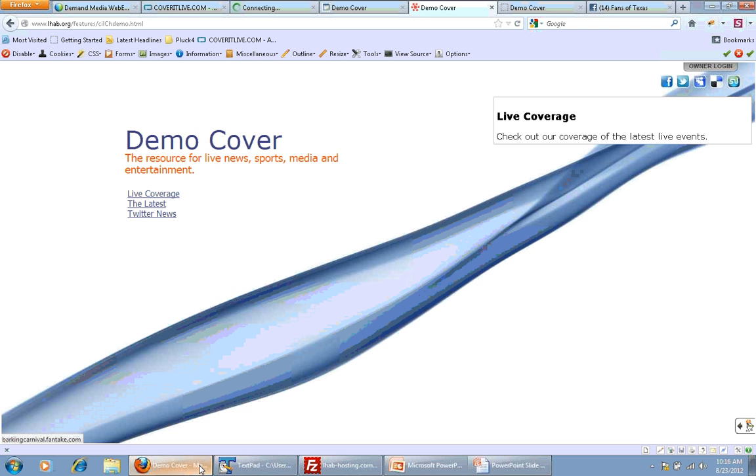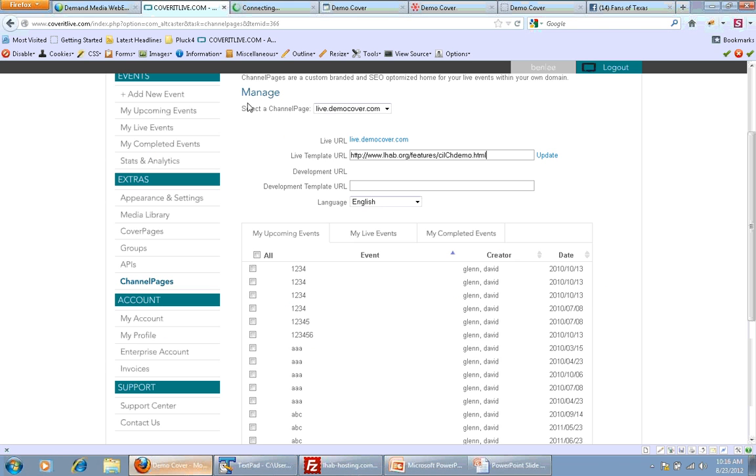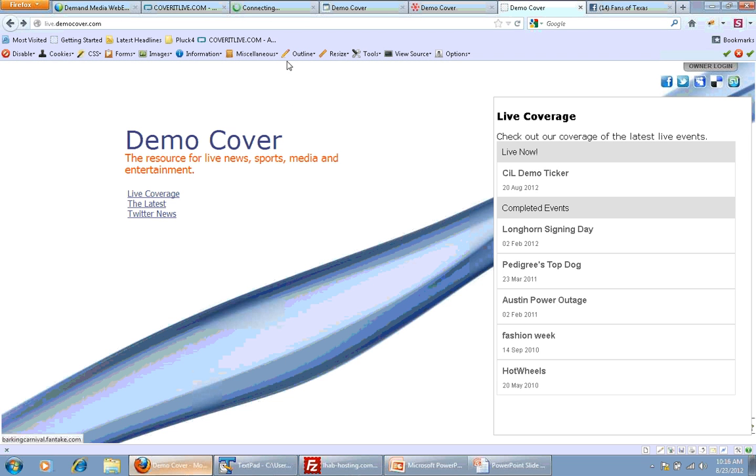Now I'm going to tell CoveritLive where that template lives, and this is the URL location for that. We'll automatically crawl and update that template periodically, or you can come to the system at any time and tell us and force the system to go update it right away. And then once I do that and I hit live.democover.com,